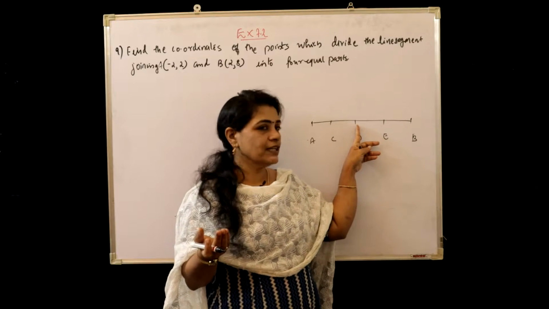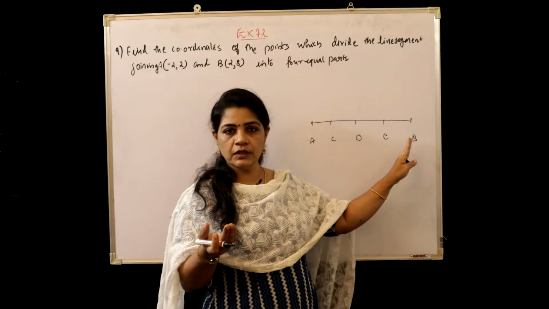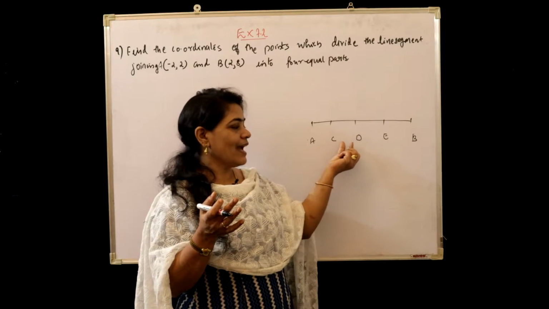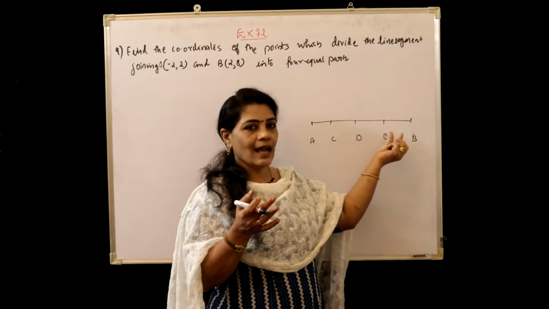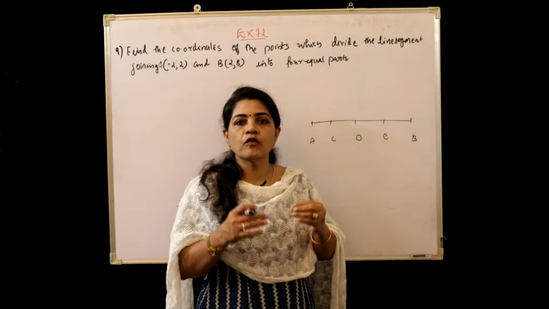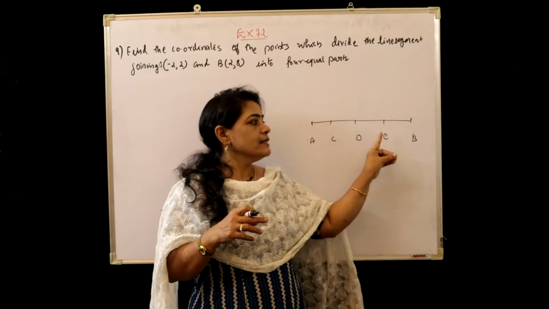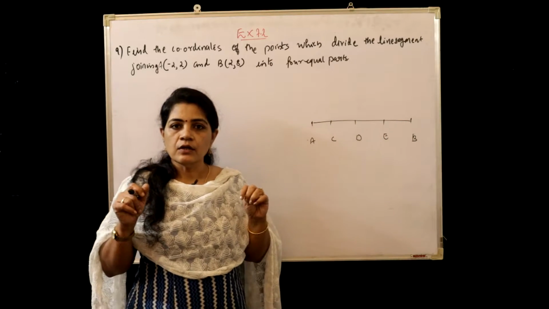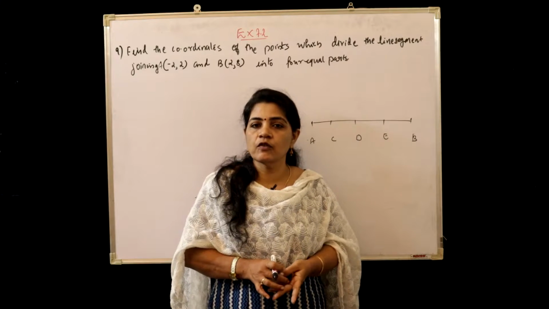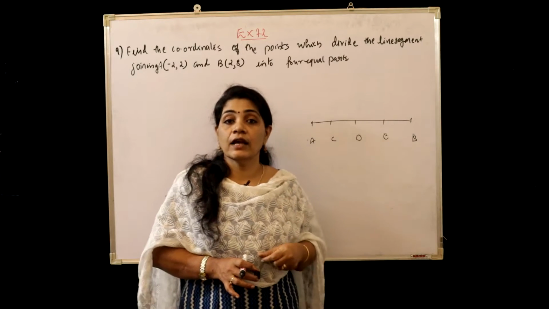Okay, from this point D, either side of D gets divided into two equal parts. So AC and CD, here DE and EB. Okay, so we should get the coordinates of D, C and E. So children, here you can surely use the section formula, but more than that, can you apply the